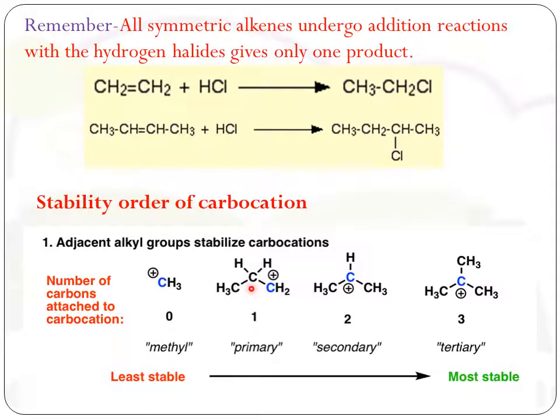This carbon is a primary carbon, this blue carbon, because it is attached to only one carbon atom. Here one donor is directly attached to this carbon. In a secondary carbocation, there are 2 donor groups, that means this secondary carbon is attached to 2 alkyl groups. In a tertiary carbocation, there are 3 donor groups available. They show a plus I effect. That's why the stability order is: tertiary carbocation is more stable than secondary carbocation, which is more stable than primary carbocation, which is more stable than methyl carbocation. This is the order of stability of carbocation. You have to remember these two things.